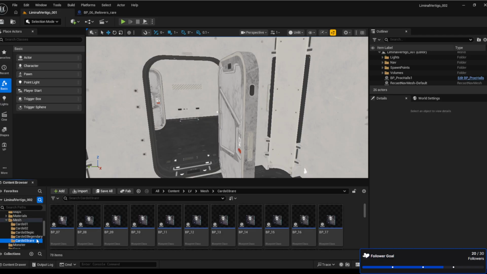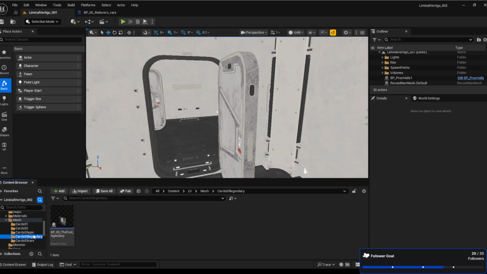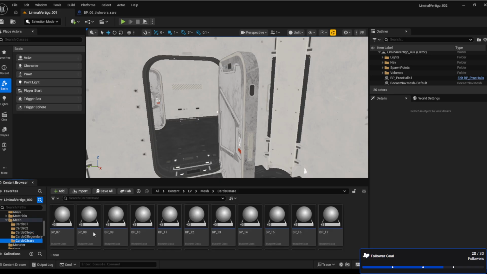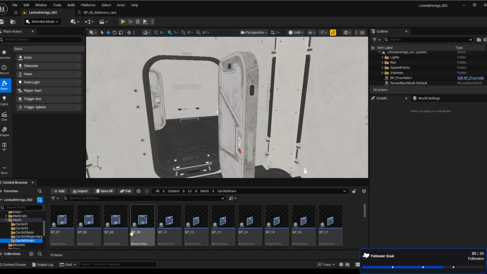Back to the rare. See, I still have to do all of the legendaries and all of the fools, the epics. Right now I'm just working on the rares. So next, card 7 is the